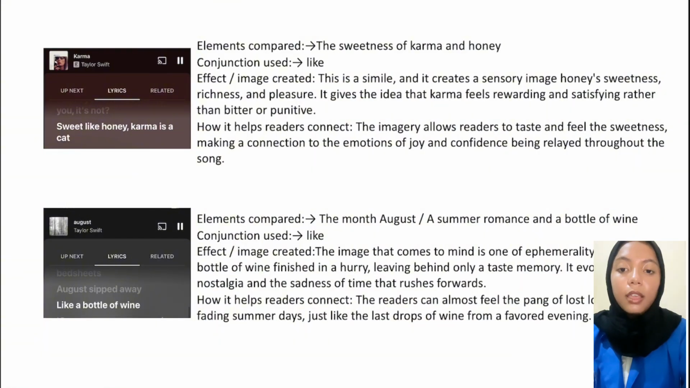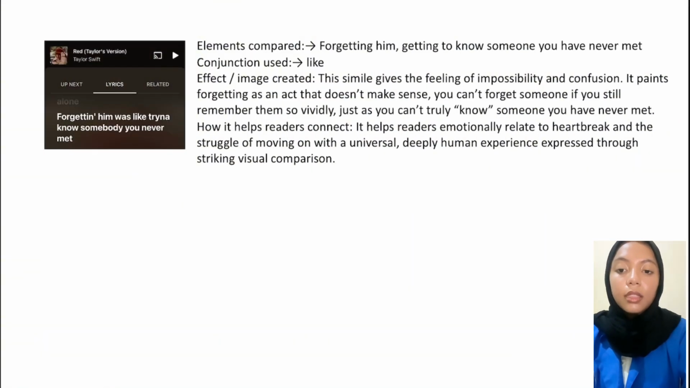And next, I have forgetting him was like trying to know somebody you never met. Element compared, forgetting him and getting to know someone you never met. Conjunction used is like. Effect or image created: this simile gives the feeling of impossibility and confusion. It paints forgetting as an act that doesn't make sense. You can't forget someone if you still remember them so vividly, just as you can't truly know someone you have never met. How it helps the reader connect: